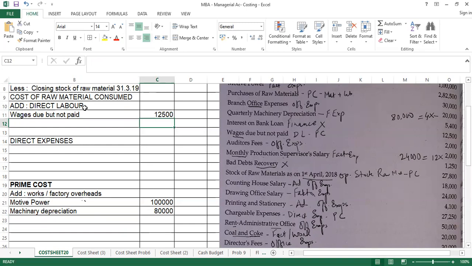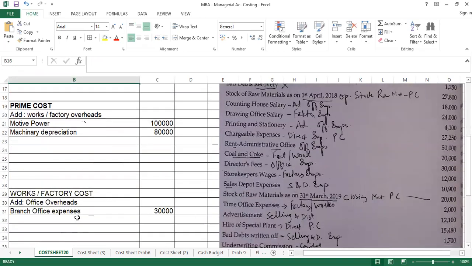Yes, what is the next item? Auditor fee. Auditor fees will go in office expenses, 2,000. What is the value of auditor fees? 2,000 rupees. Yes. After auditor fees, then we have